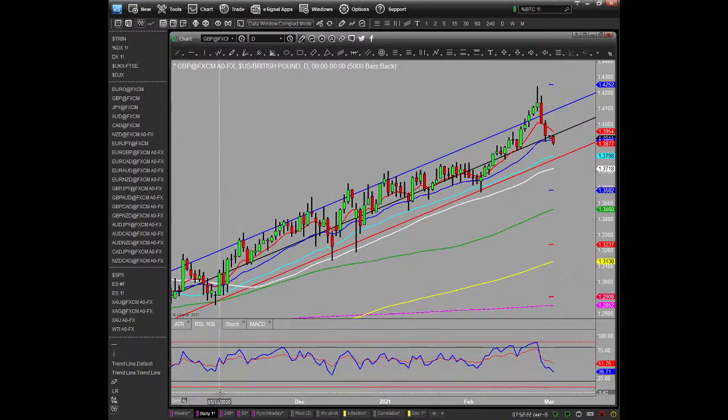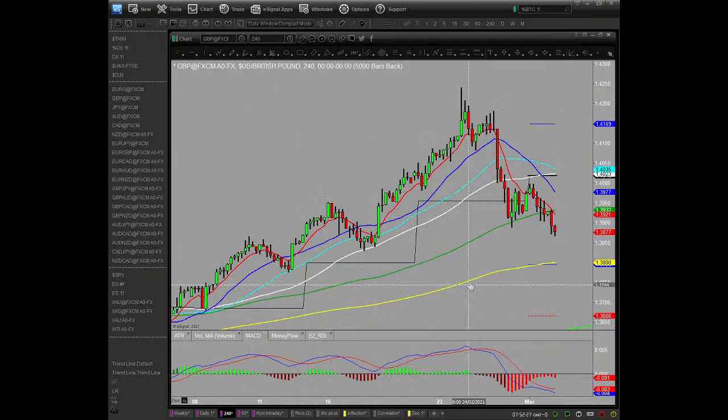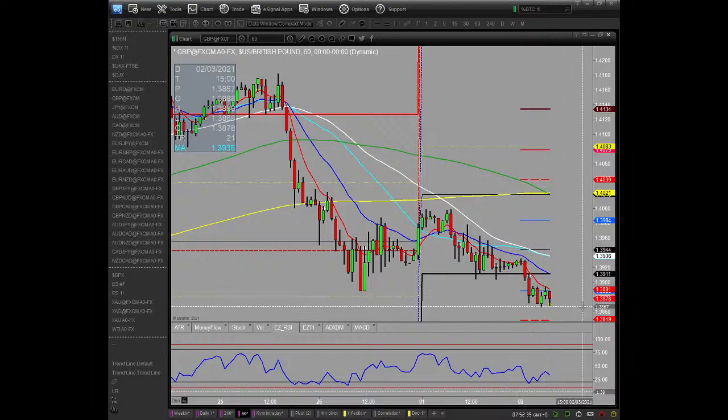Pound dollar looks pretty similar. Again, I've got some data missing, sorry, my system overnight has thrown a wobbly, but you see we've just got a bit of downside still on this pound. Lower highs, lower lows coming through on this 4-hourly, and it's a bit iffy where it sits at the moment.